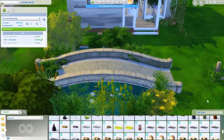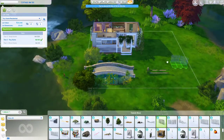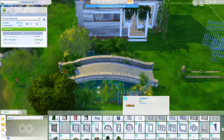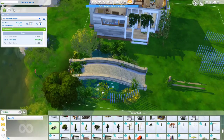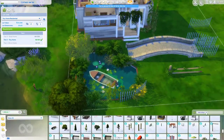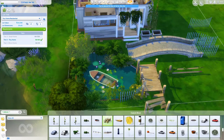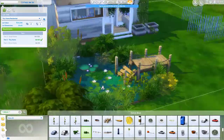I know you can do it with the tool mod, but how cool would it be to be able to connect lots to those things? It would be so cool, because then you could just continue the pond and it wouldn't look weird. Really, when you look at it, there's a pond and then this small area of grass, and then they have this little pond. It just doesn't make sense. So I don't know. Anyways,